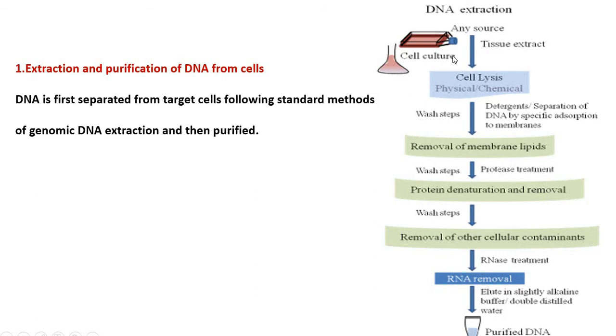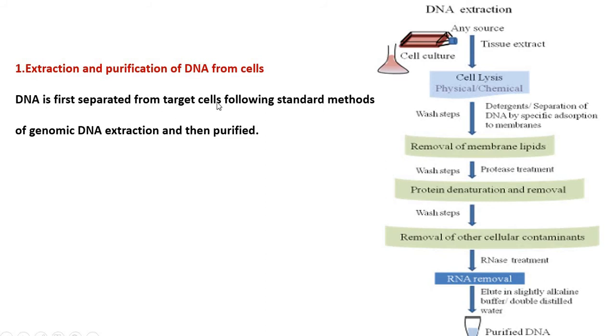So this kind of cell is made up of protein, DNA, RNA, surrounded by a lipid bilayer. First you are going to degrade the lipid bilayer, the outer membrane, by using some detergent, and protein can be degraded by protease treatment, and RNA can be degraded by RNase treatment. After that, by using several washing methods and centrifugation, the DNA is separated and purified. So this is the first step.